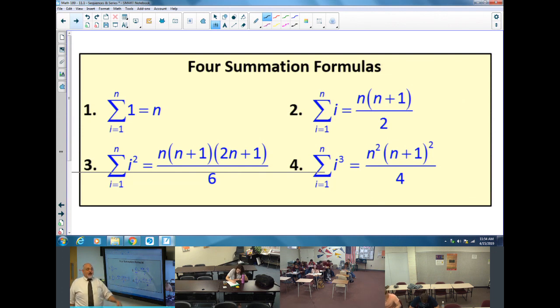In class tomorrow, that's the one we're going to really use. But just know that they're all here. So if I wanted the sum of the first 5 cube numbers, I could use equation 4 here. So then I could say, well, it's 5 squared plus 6 squared divided by